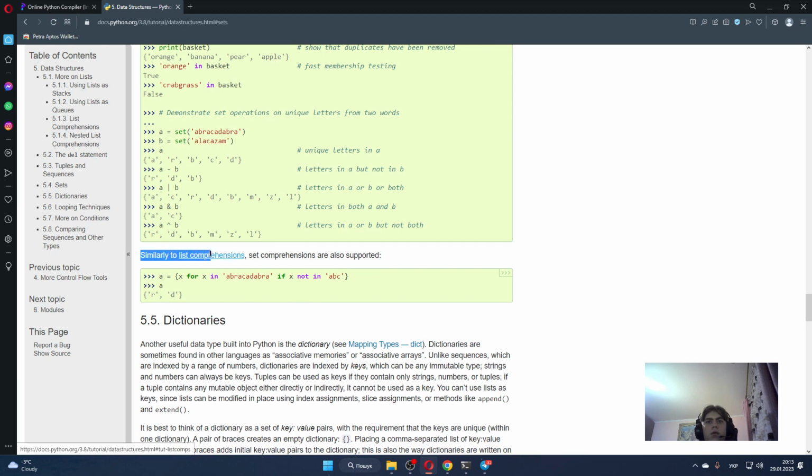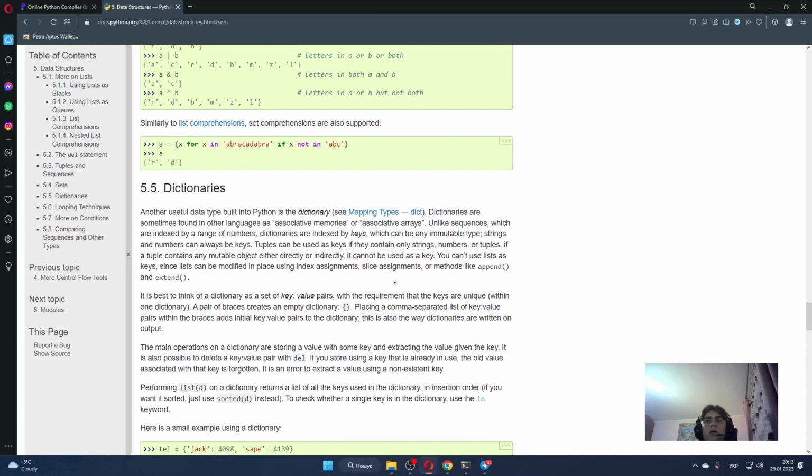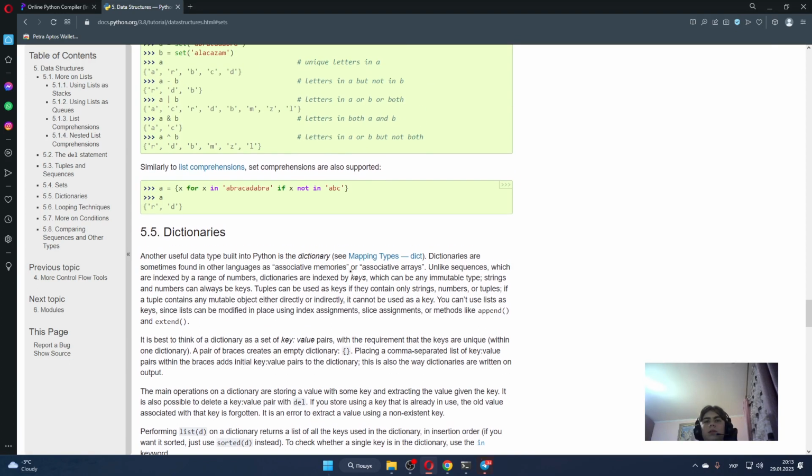Similarly to list comprehensions, set comprehensions are also supported. So, what about dictionaries? Another useful data type built into Python is the dictionary. You can read more about the dictionary, the mapping type dict. Dictionaries are sometimes found in other languages as associative memories or associative arrays. Unlike sequences, which are indexed by a range of numbers,